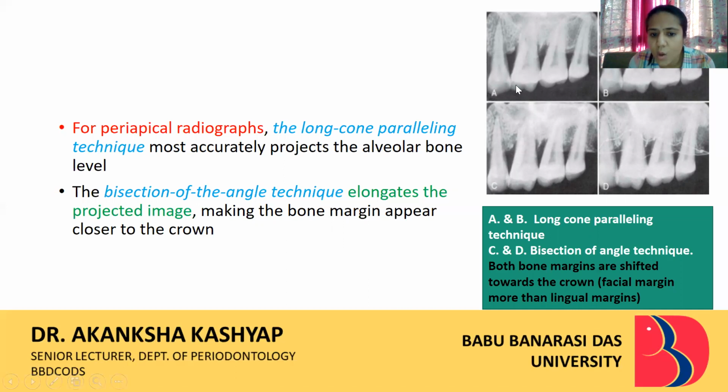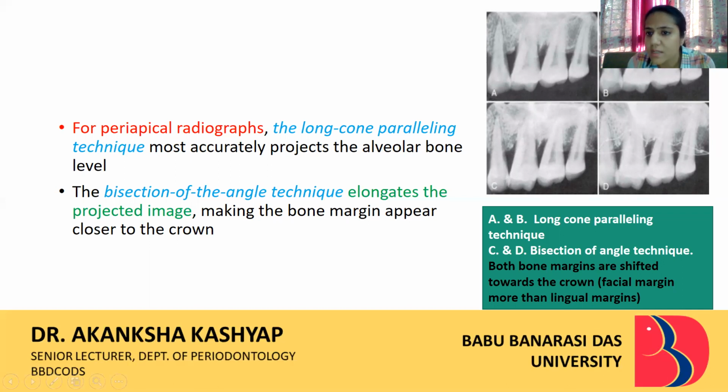If the image is elongated, this makes the bone margin appear closer to the crown structure. So then the bone loss or the bone levels are underestimated. Like you can see here, the figures A and B are the X-rays taken by the long cone paralleling technique, while C and D are the periapical radiographs taken by the bisection of angle technique. So here you can see that